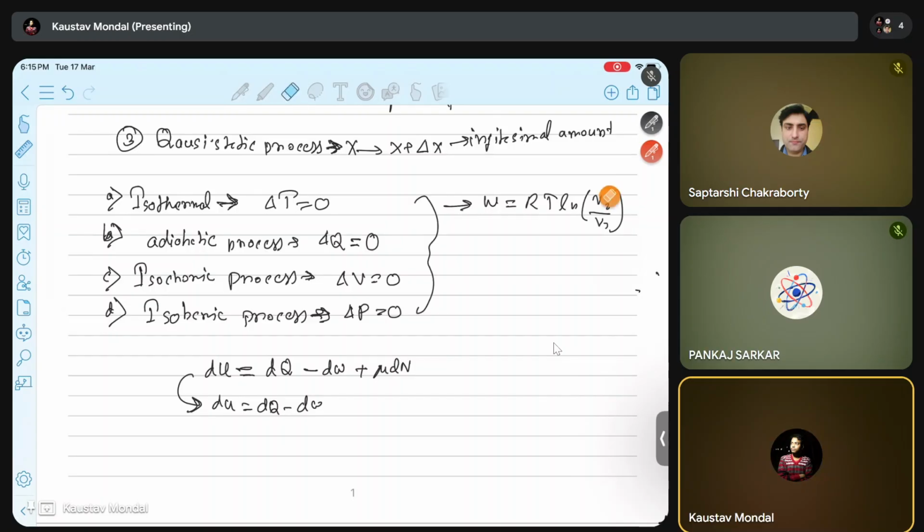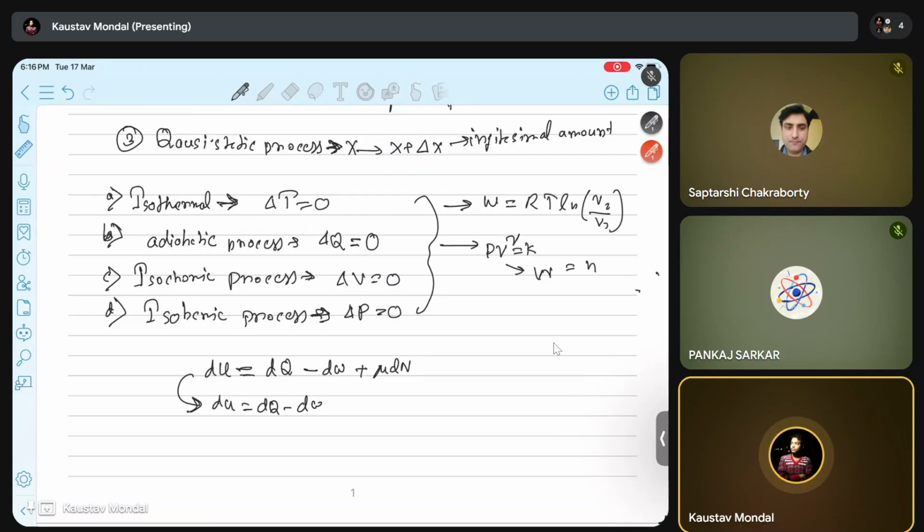For the adiabatic process, we discussed the polytropic process, where for an ideal gas, the system obeys PV to the power gamma equal to K. In that case, we also calculated the work done expression, which looks like this: W equal to